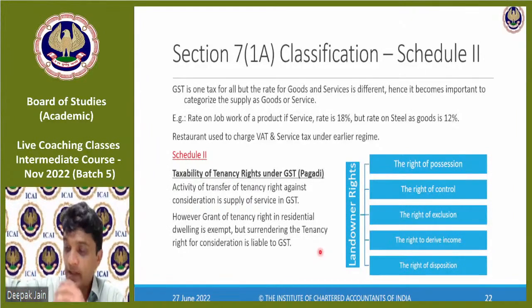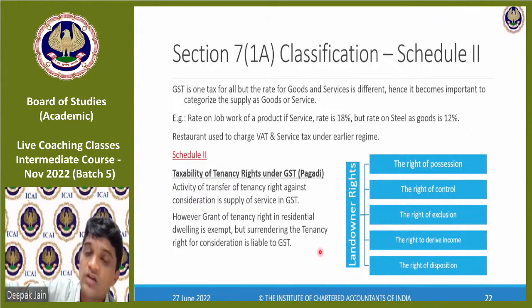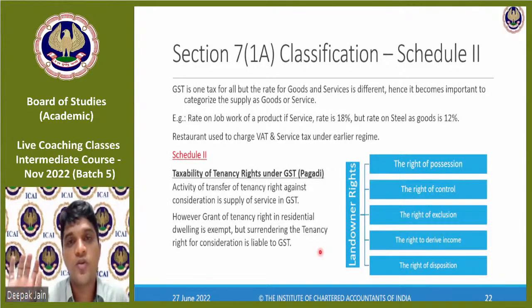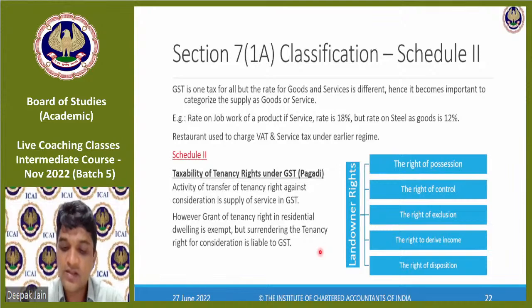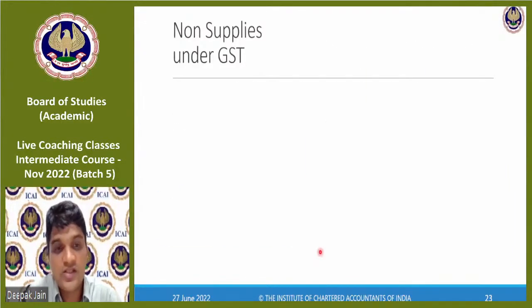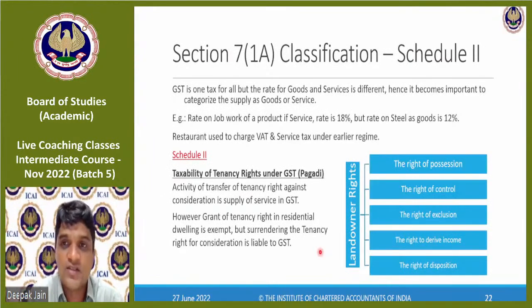Instead of me collecting rent, I will appoint one person. He will collect the rents. He will let it off. All of this he will do. But he cannot lease, he cannot take a loan against this property, and he cannot sell off this property. The property still belongs to me, but one right of collection of rent belongs to him. How much he collects, more or less, I will not bother. One time amount you give me. This is called pagdi. This amount is liable to GST. Even if it is residential, it is liable to GST, is what the clarification is about.